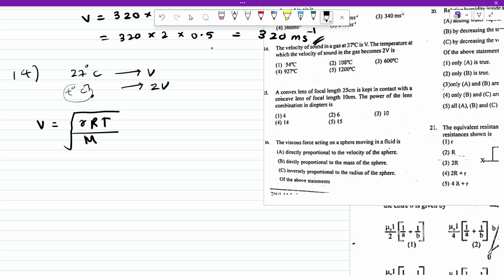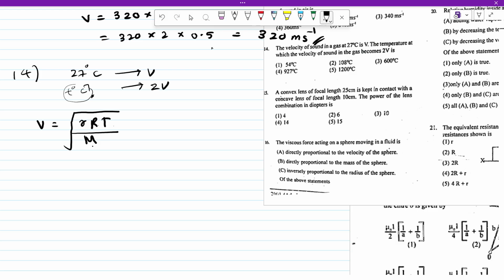Gamma is the ratio of specific heats, M is the molar mass of the gas, T is the absolute temperature of the gas, and R is the universal gas constant. So once we simplify this,